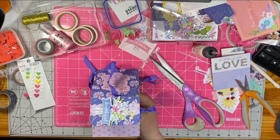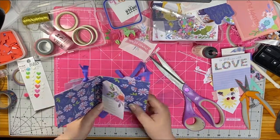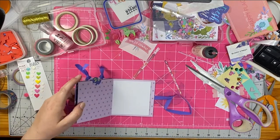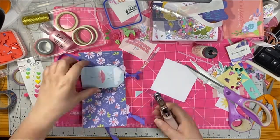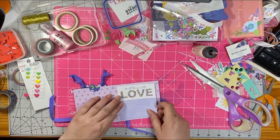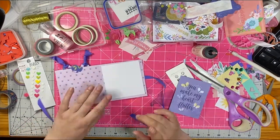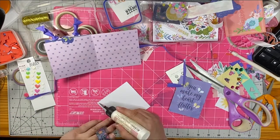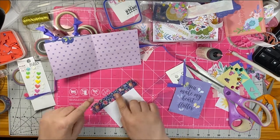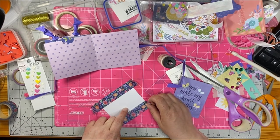Page number 3 is going to include that 4x4 card that says love, and I'm going to end up trimming that down a little bit to make it fit. And then on the back side, I have another 3x4 card, so it's not the same width. It's the same height, but not the same width as that card that's in front, the love card. So what I end up doing is lining the back of that card on each side with that gorgeous washi tape and placing the 3x4 card down on top to cover up the seams, and then it just looks pretty seamless